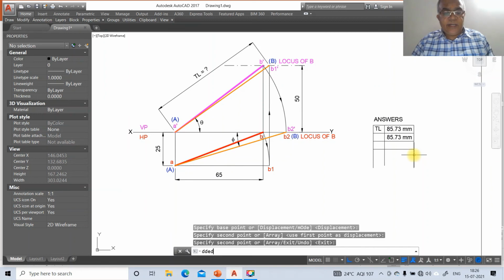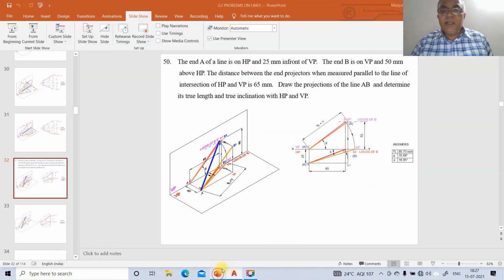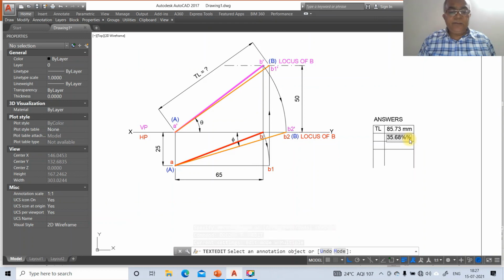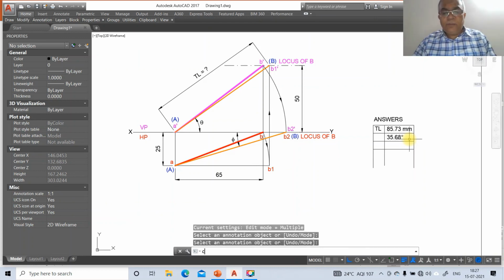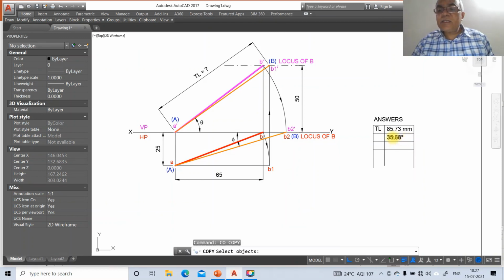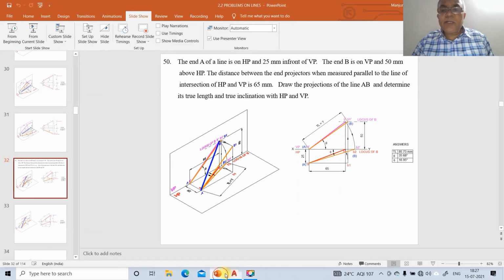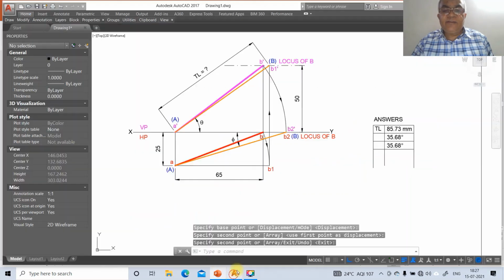So go to DD edit. So here the angle is 35.68. So you take 35.68 percentage D. So then go to copy, select this and you copy this here. So then you take 16.95.